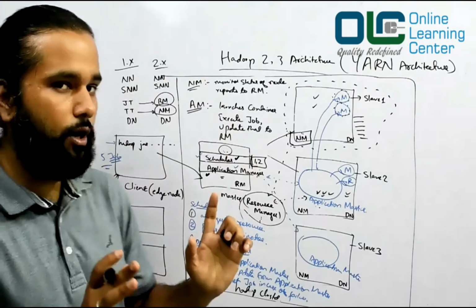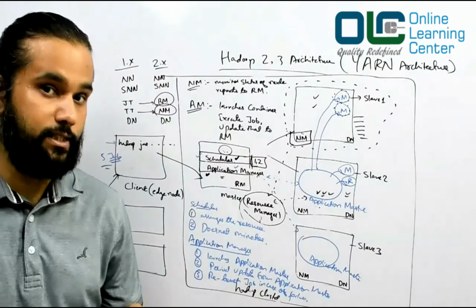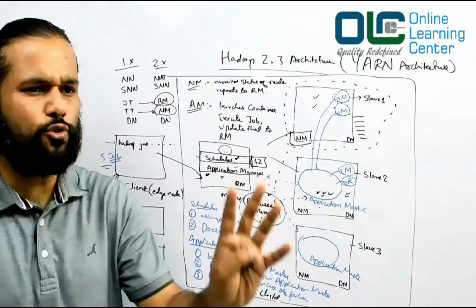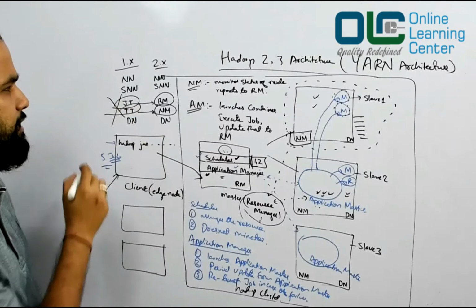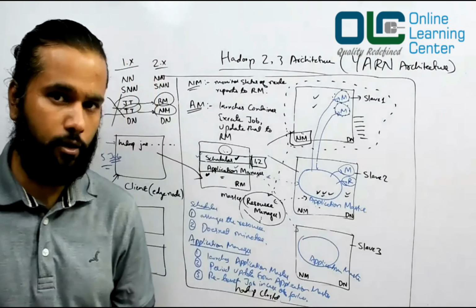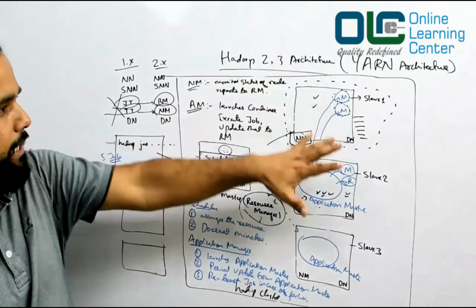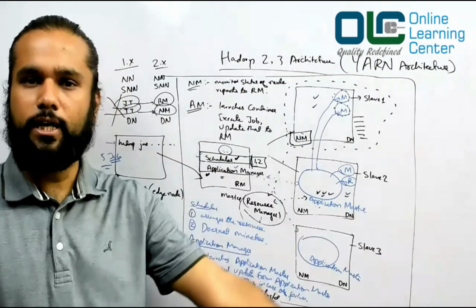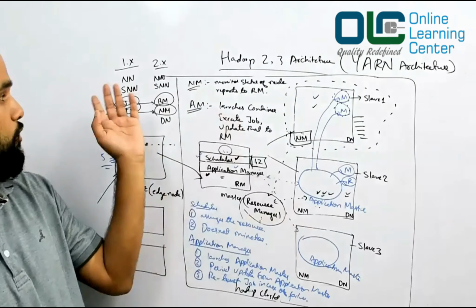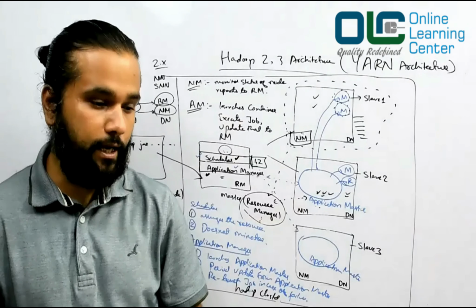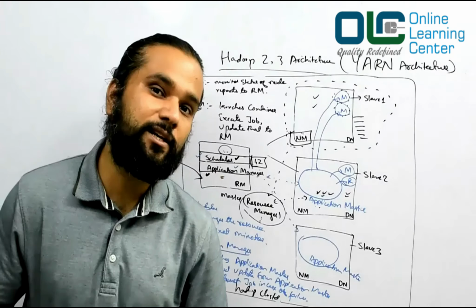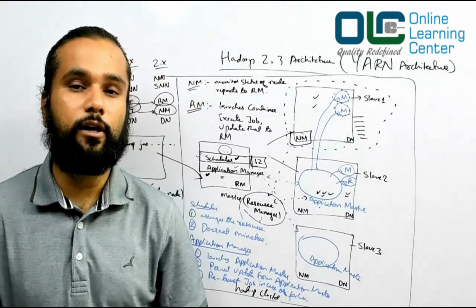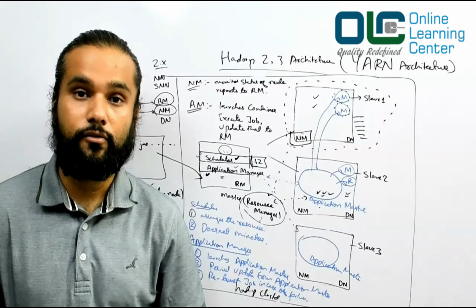So this is what you have in Hadoop 2.x as well as in Hadoop 3.x. So it's okay if you don't want to talk about the job tracker and task tracker, because as I said, these days nobody uses Hadoop 1.x. So it's better to understand more about Hadoop 2.x rather than talking about job tracker and task tracker. Now, in this whole process, we want to understand what improvements Hadoop 2 and 3 have made